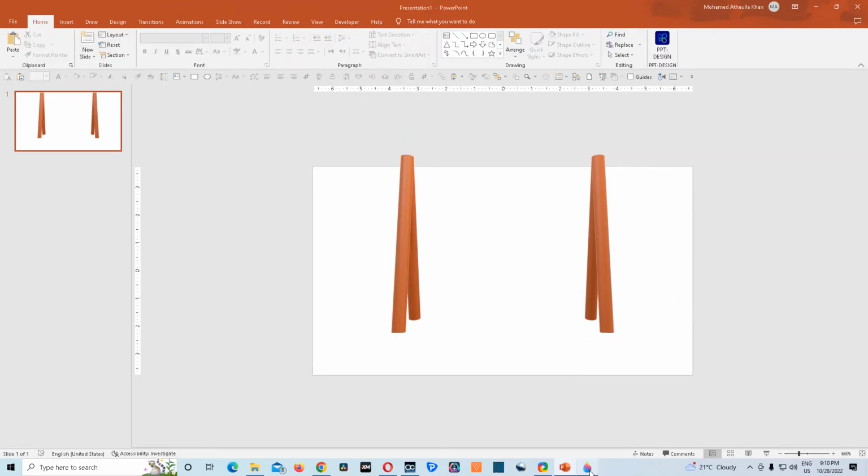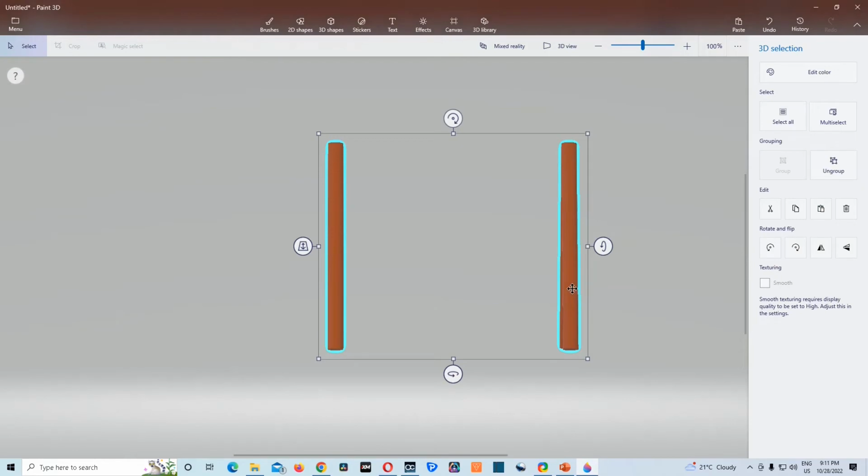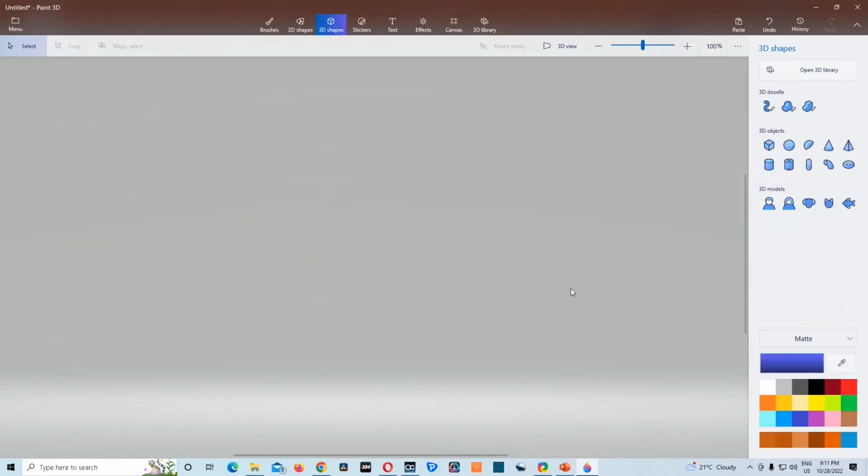So the first part of our task is over. So now we don't require these legs of the swing. We just have to click on it and hit the delete key. That will delete the legs of the swing. So now we have to